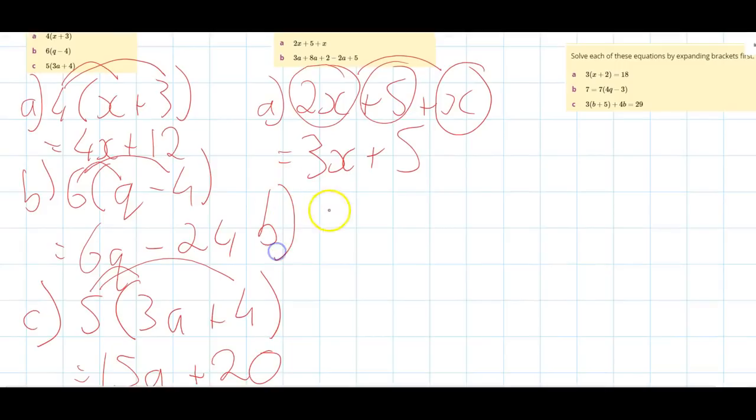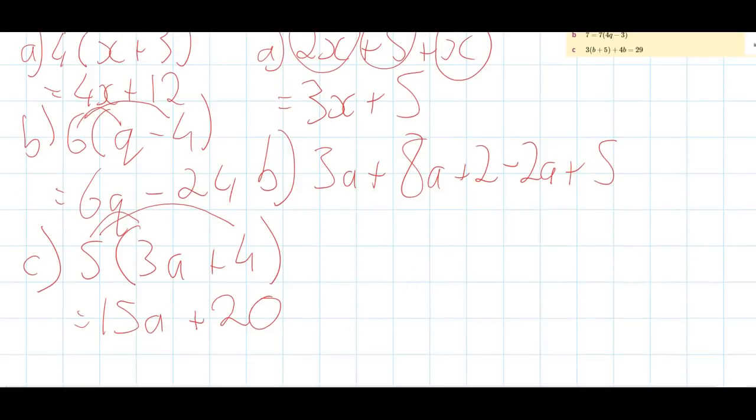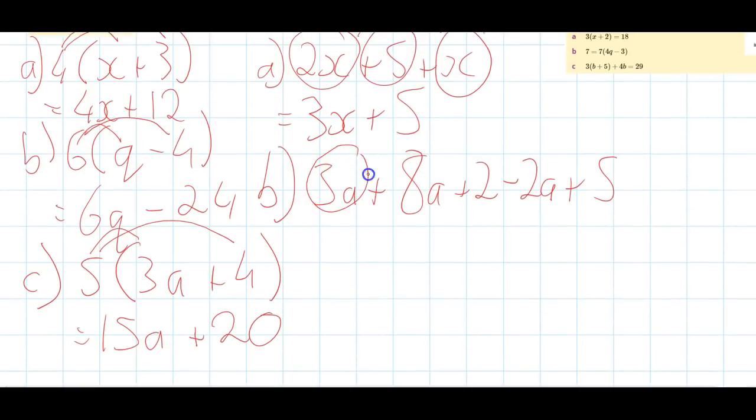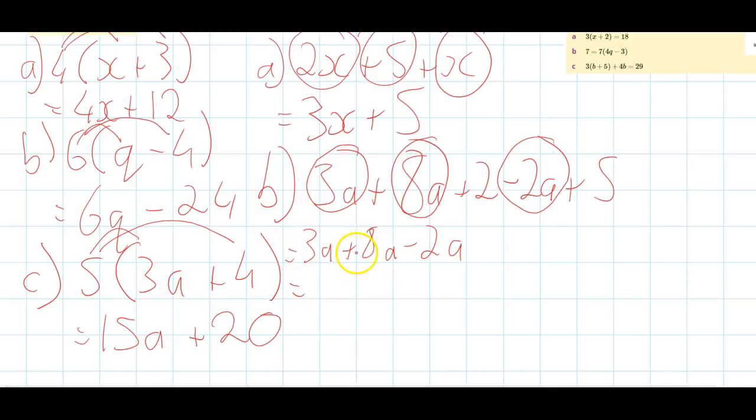I'll do another example for you here, and I'll show you how we again collect those like terms. And in this case, we might have some negative numbers. So scan through, look for the similar like terms. I've got a 3a, I've got plus 8a, and I also have a minus 2a. So I can combine these here. So I have 3a plus 8a minus 2a, which will equal 3 plus 8 is 11, minus 2 will equal